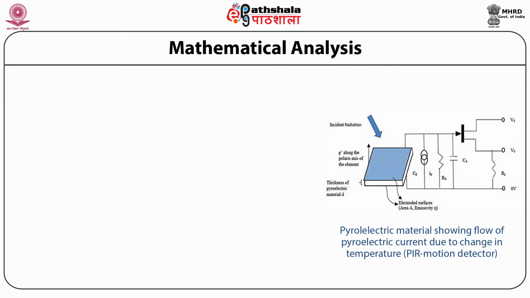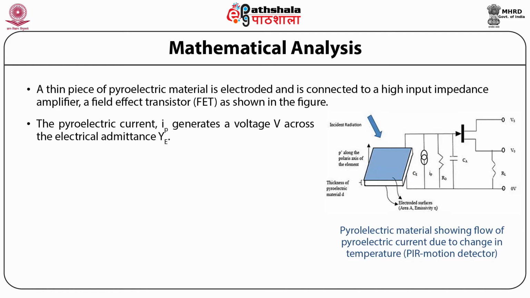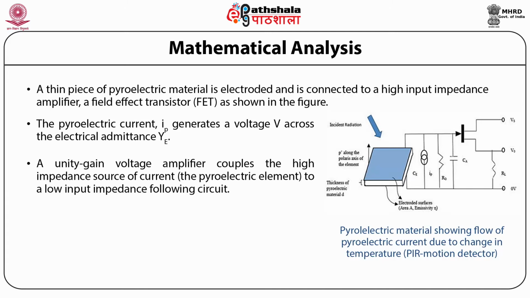Mathematical analysis. Now let us discuss the pyroelectric field mathematically. A thin piece of pyroelectric material is electroded as shown in the figure and is connected to a high input impedance amplifier, a field effect transistor (FET). The pyroelectric current IP generates a voltage V across the electrical admittance YE. A unity gain voltage amplifier couples the high impedance source of current, the pyroelectric element, to a low input impedance